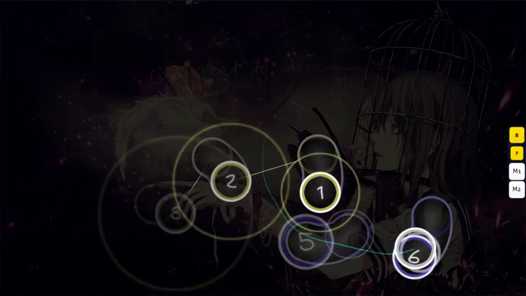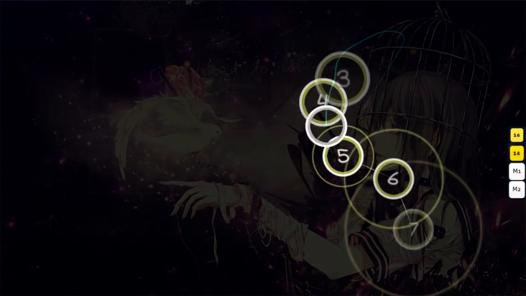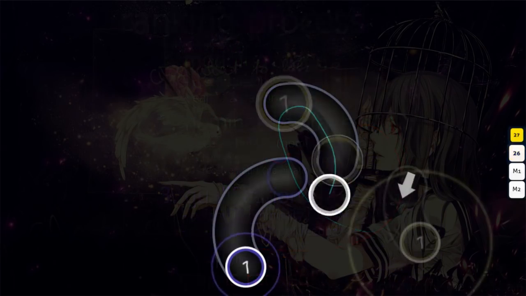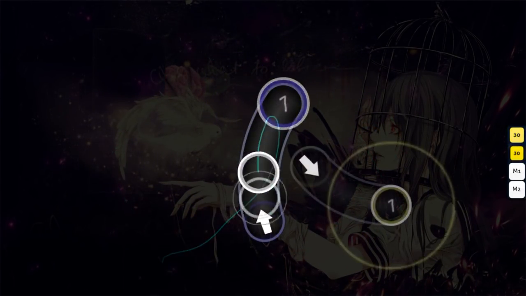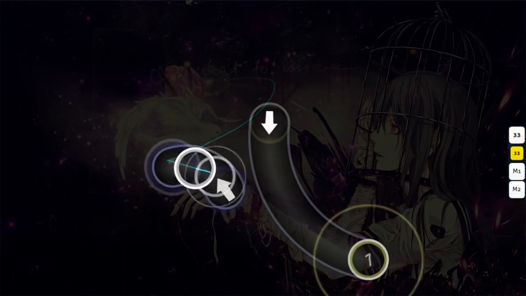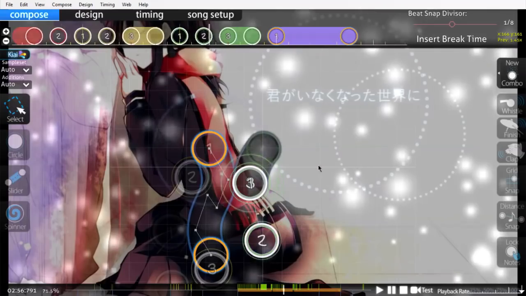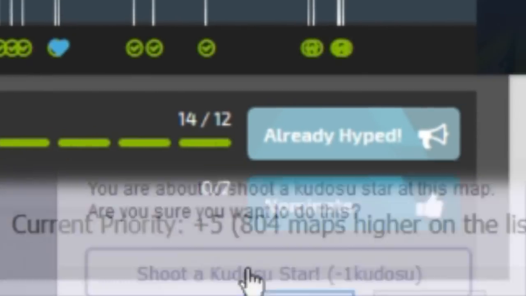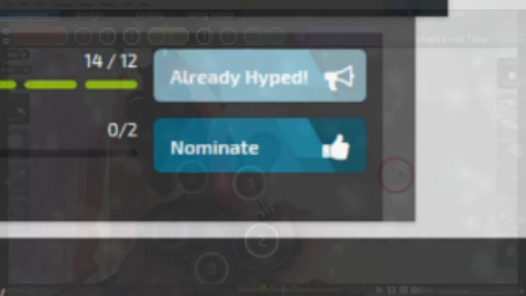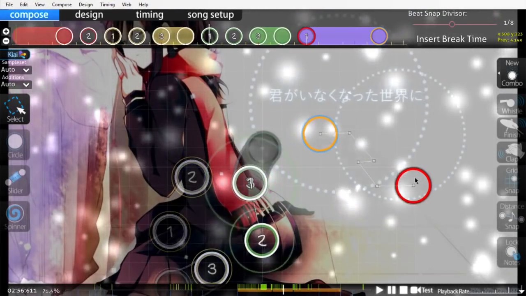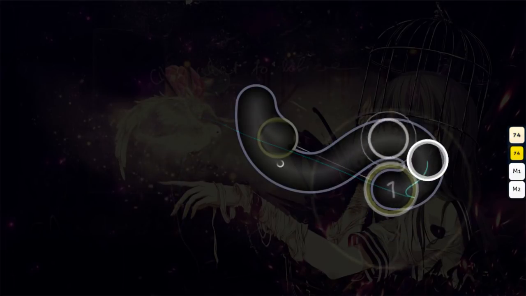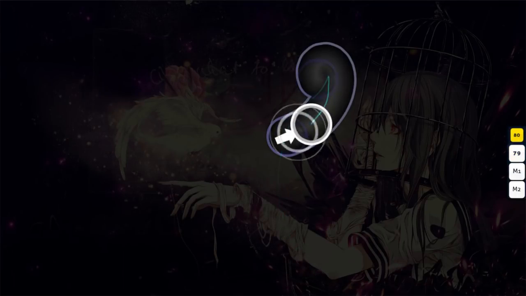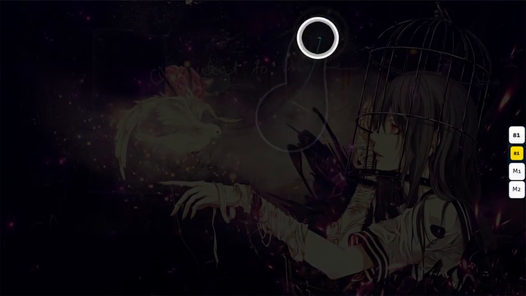Personally speaking though, I do wish the ranking process were less of a pain. There's nothing inherently wrong with the procedure itself. The mechanical steps are pretty solid. Just working through them is the actual challenge since there's so many obstacles that aren't at all necessitated by the mechanical steps of the process. If I could rank a map by just making a good map, manually boosting the priority to 12, then asking 2 BNs for nominations and being done with it, I wouldn't have so many full map sets in my graveyard. No BNs would agree to that though, nor would the mapping community let it pass, so I'll have to let my cocky dreams be dreams. One day the ranking process won't be so much of a pain.